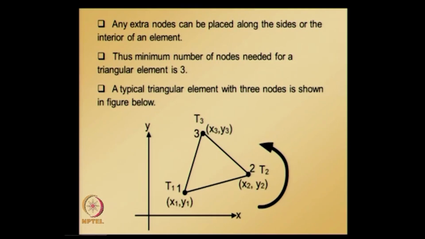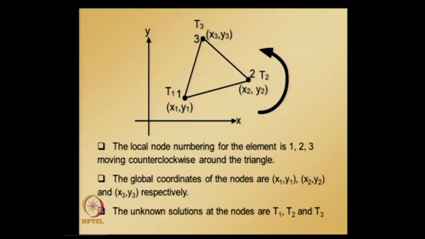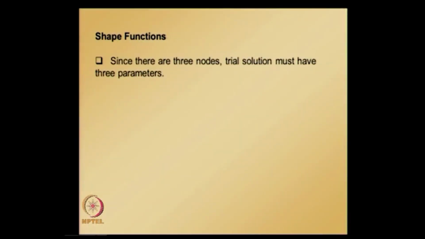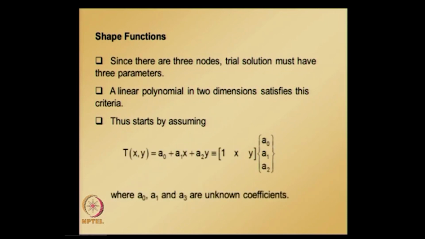Since there are 3 nodes, trial solution must have 3 parameters, that is, we need to start with a polynomial having 3 coefficients. A linear polynomial in 2 dimensions satisfies this criteria. So, trial solution T is assumed to be a naught plus a1 x plus a2 y, which can be written in matrix and vector form as 1 x y put in a row vector, a naught a1 a2 put in a column vector,